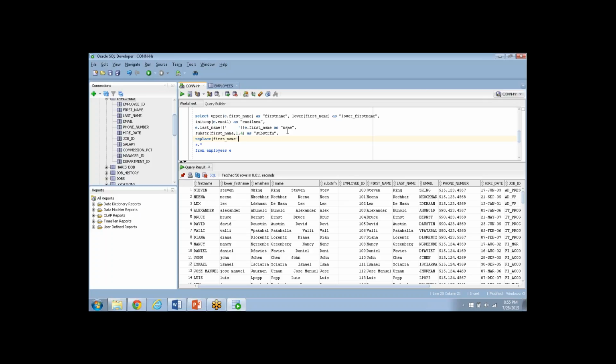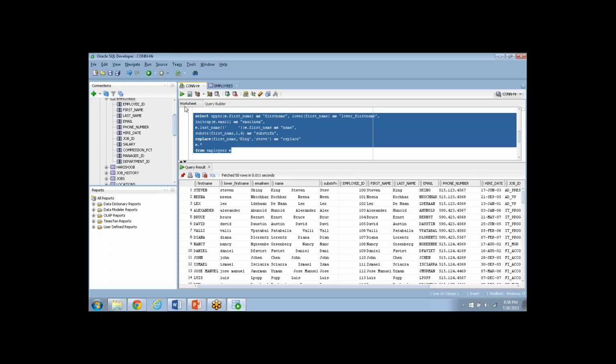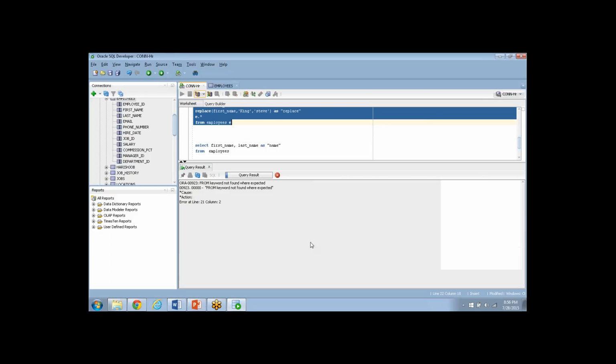I want to replace the King name with Stephen again, I just want to make it Stephen again. So I got a requirement saying wherever there is a King, just mark it as Steve, and I give a meaningful alias name. If you give it like that, then